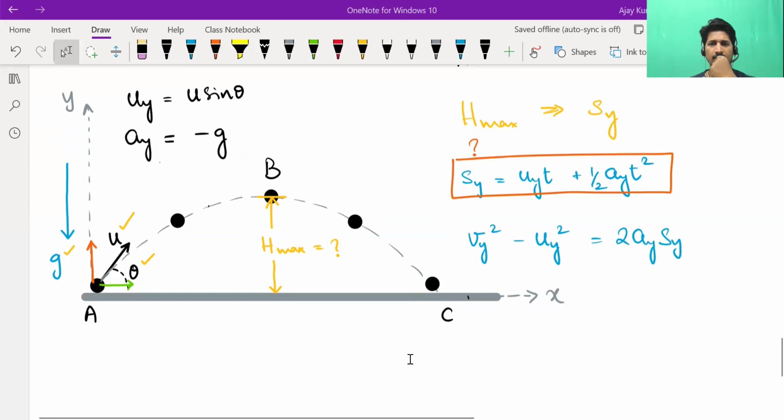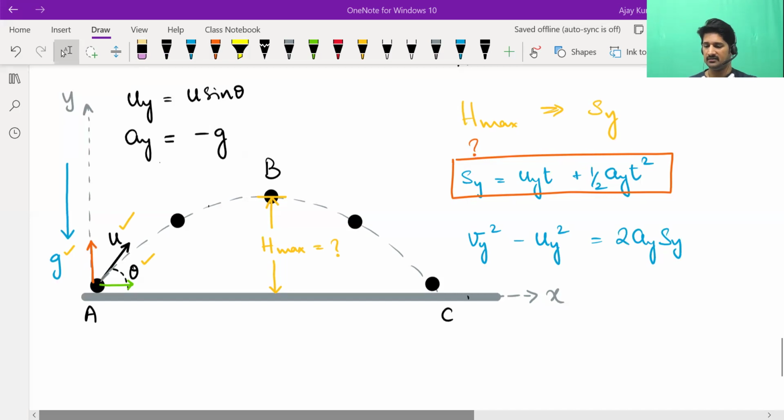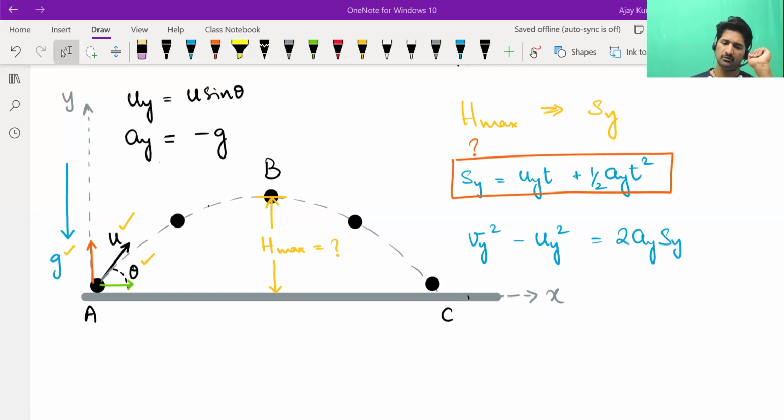Time and initial velocity, sir. Yeah, first equation. Where is final velocity in the first equation? What did you say? Time and initial velocity. Okay, sorry, I heard it as final and initial velocities. You need to know time, initial velocity and acceleration. Correct. Initial velocity is known to us. Acceleration is known to us. But do you know the time it takes to go from A to B? No, sir. We don't know. So we can't use that equation.